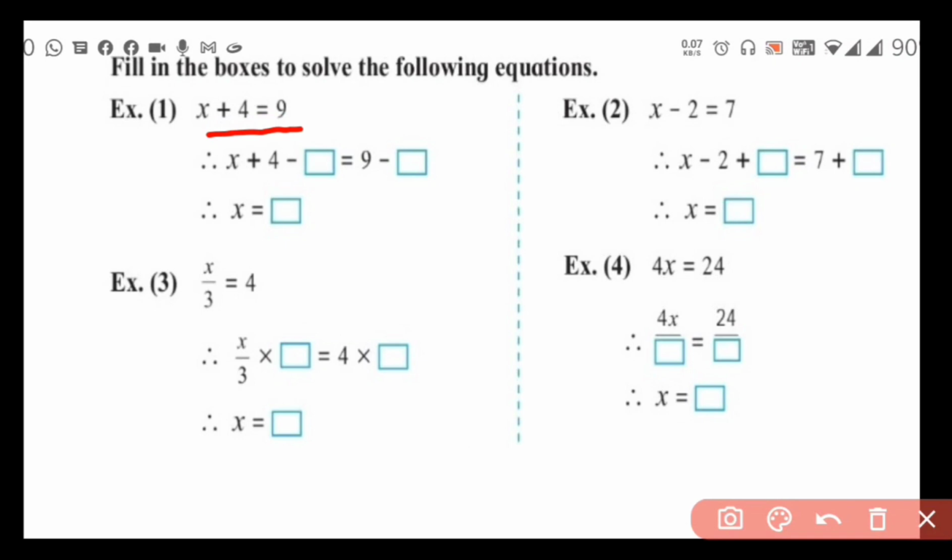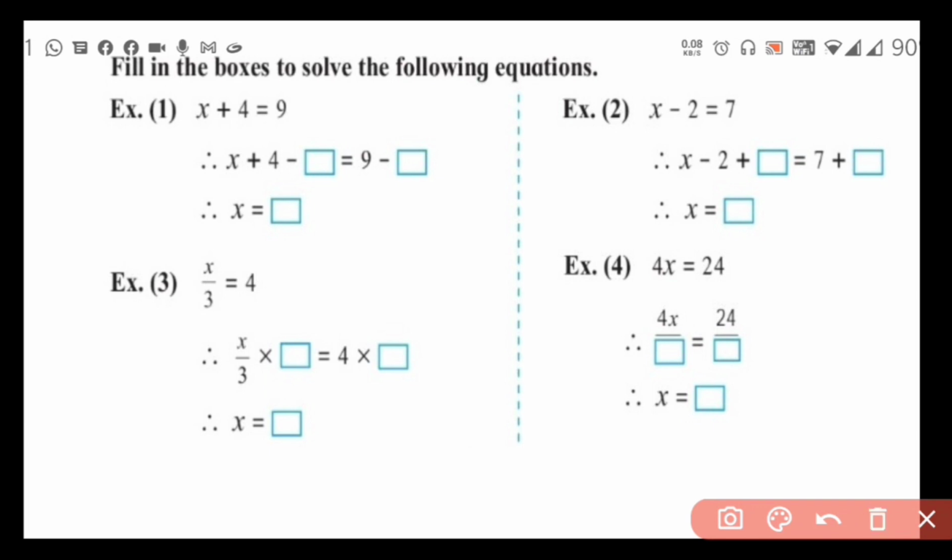x plus 4 is equal to 9. X plus 4 is the left hand side of our equation, where 9 is the right hand side of the equation. We have seen left hand side and right hand side. So what we have to do, we have to see that on left hand side only variable should remain in the end, and on the right hand side there should be a number, so that we will get the value of variable. When only the variable remains on the left hand side, that means we are getting the value of variable. So let us see how to solve these types of sums.